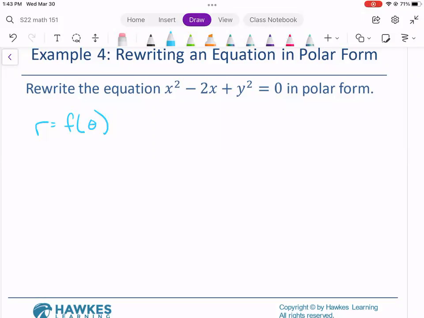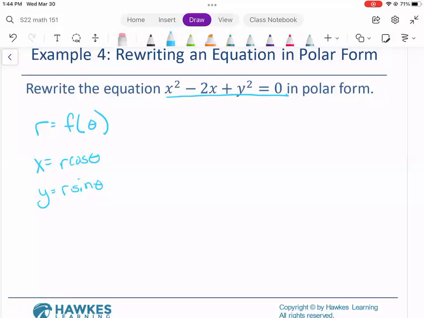We're going to use the tools we have for coordinate conversions, and typically translating from rectangular to polar is fairly straightforward. We're just going to replace every x with r cosine theta and every y with r sine theta. When we're working to translate in the opposite direction, it can get a little more difficult, but we'll look at some examples there as well. Here, if we want to rewrite this rectangular coordinate equation in polar form, where we're just describing that radius in terms of the angle,